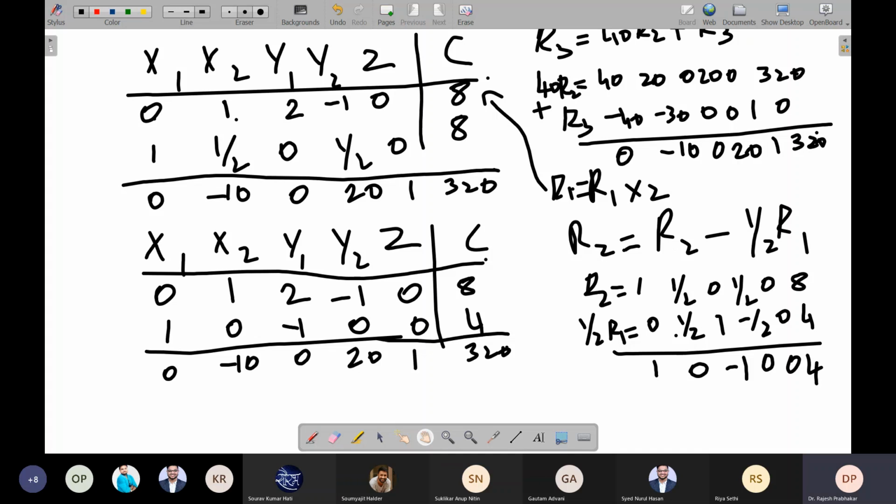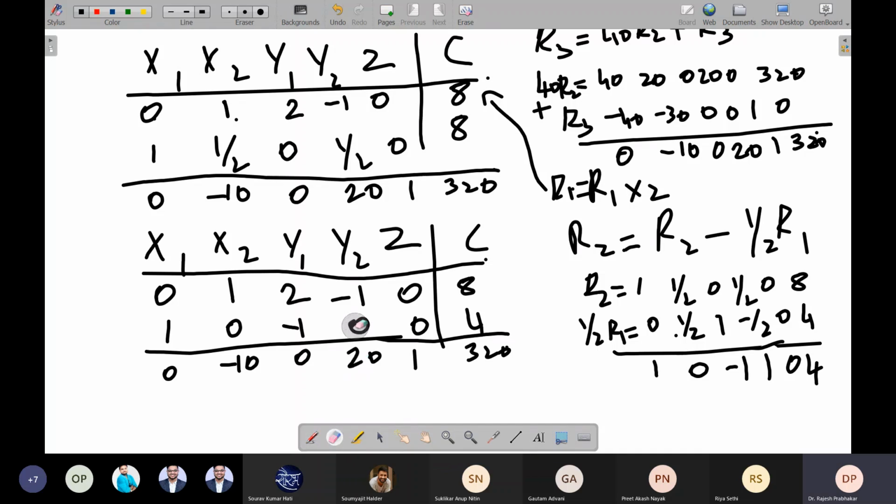Yes, please. Sir, the fourth element, R2 minus half R1. Minus of half is 1, like, it'll get added up. Okay, this is 1, right? Yeah, this is 1, sorry.